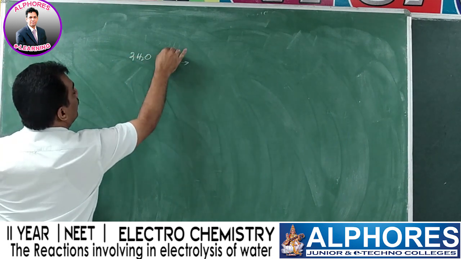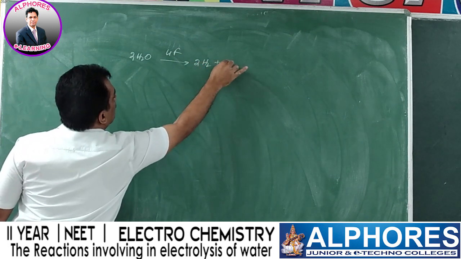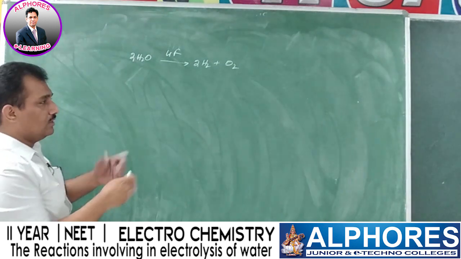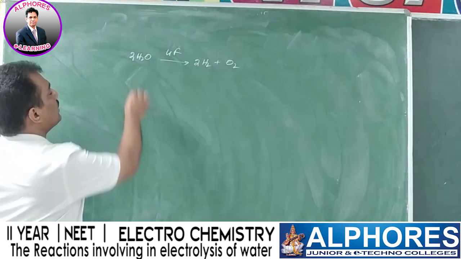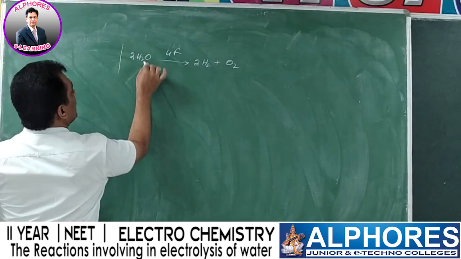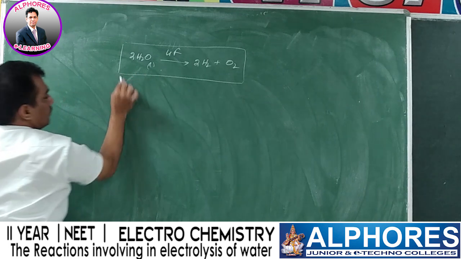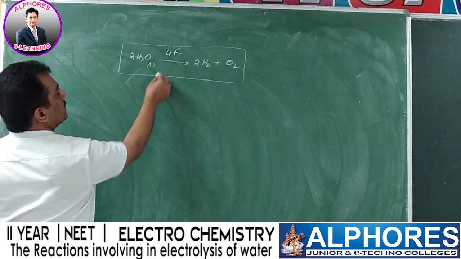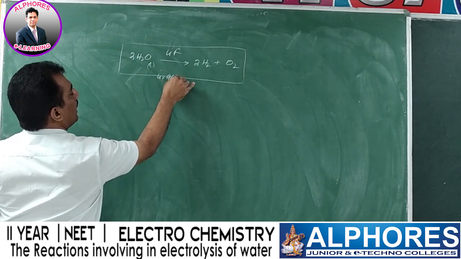Let me give all the details because these are relearning online classes. That's why let me give all the information related to what type of questions they will ask and what data we have to collect. Let me put it on this board. Here 4 Faradays means 4 into 96,500 coulombs. That means 4 into Avogadro number of electrons.